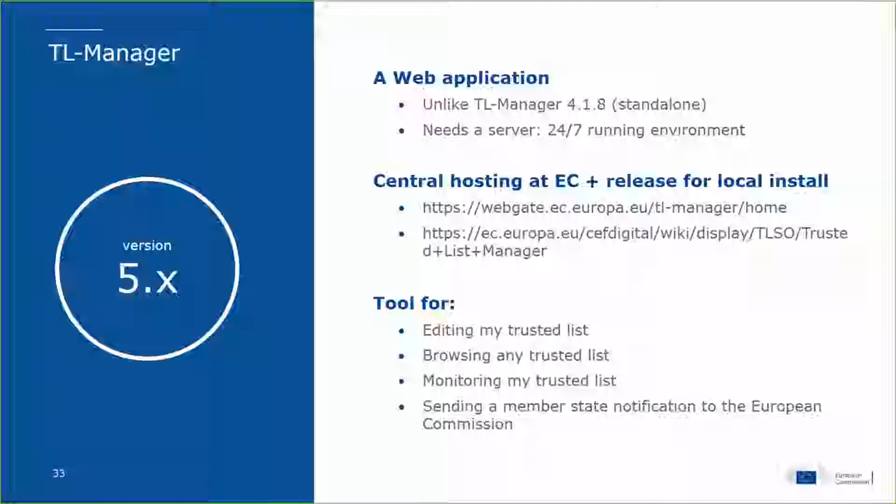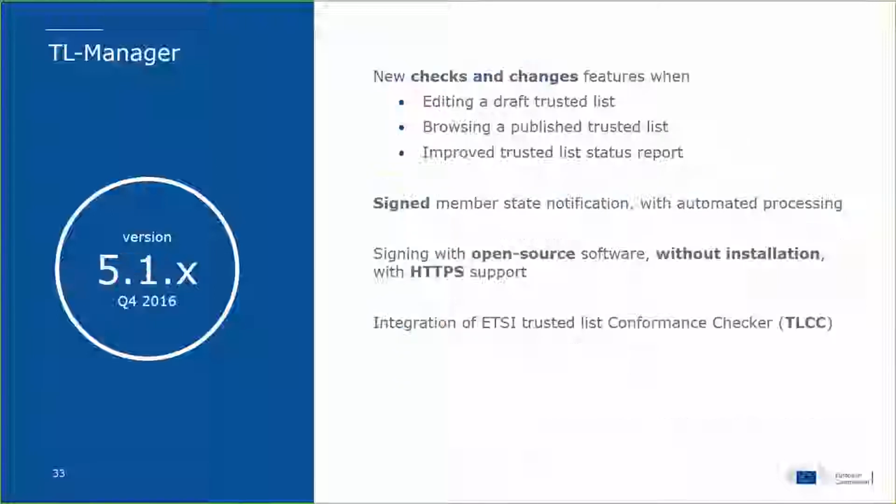For this part, we strongly encourage you to use that, because with that automated feature, we can automatically process your notification and issue a new LOTL in a matter of hours, because everything is streamlined on our side. So we encourage you to not forget every time there is a change on your side to send us a notification through the tool directly.